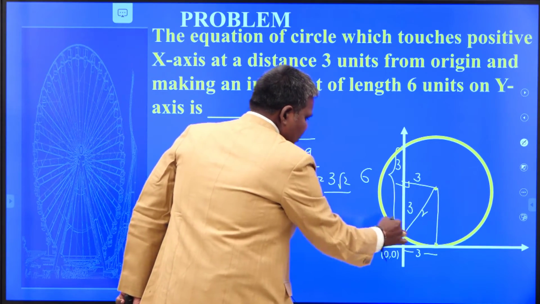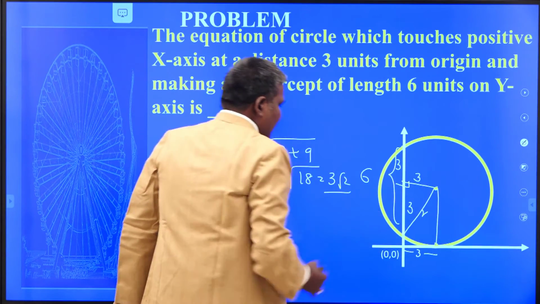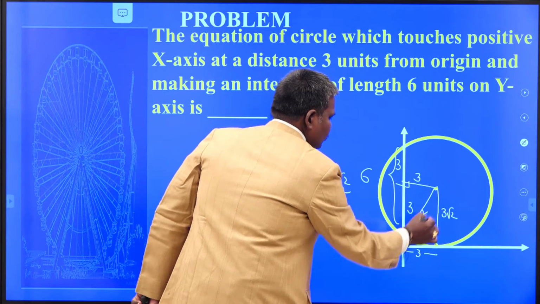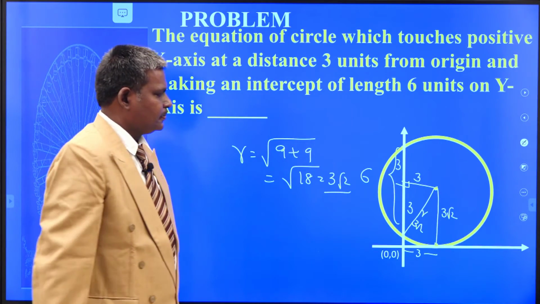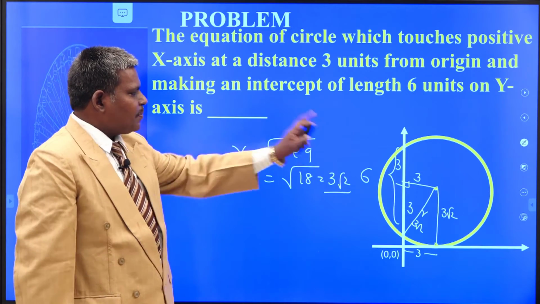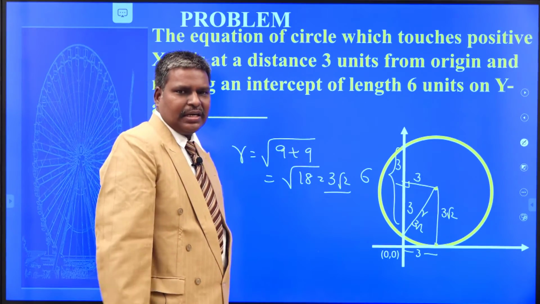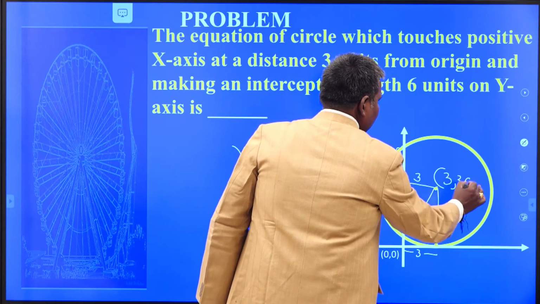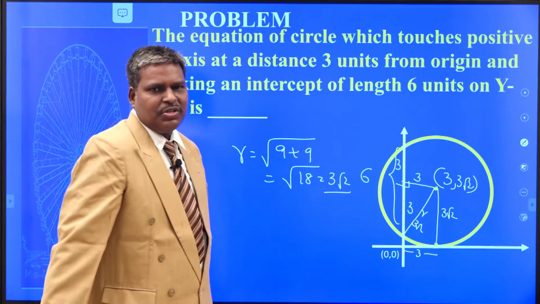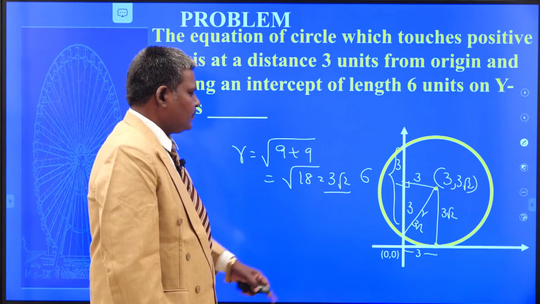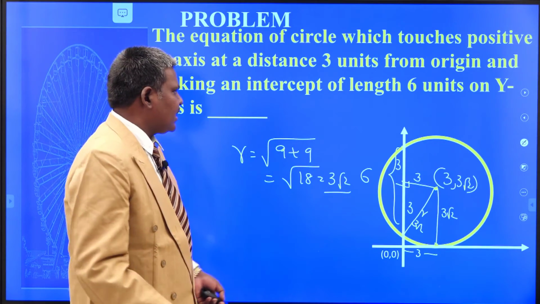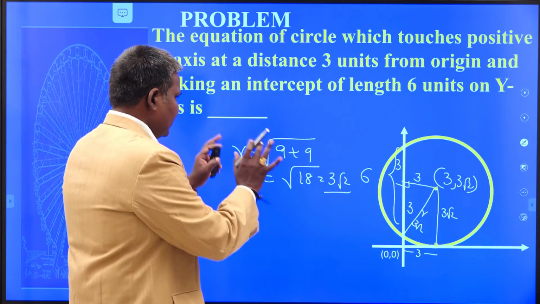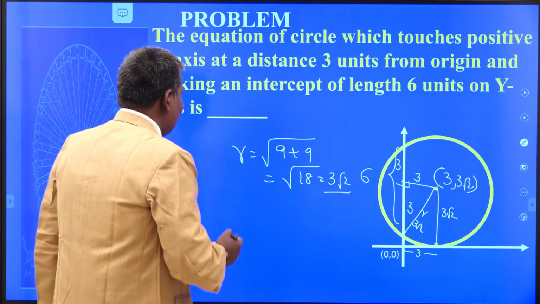So, if it is r, my question is, is it r or not? This is also r, that is why this is also 3 root 2. When this is 3 root 2, this length is also 3 root 2. Right? From the figure itself, can I find the center of the circle or not? Yes, within seconds you can write the center of the circle as (3, 3 root 2). Your job is over. Because you know the center, you know the radius. Once you know the center and radius, can you write the circle or not? No need to mug up all those formulas. So by the figure itself, once you know the logic, you can easily write the solution.